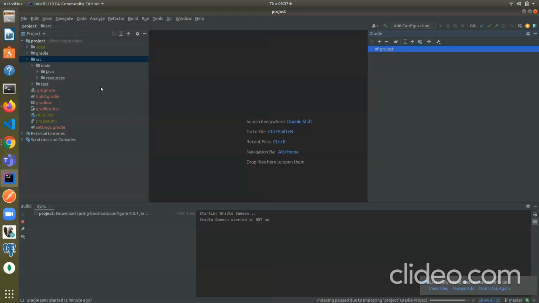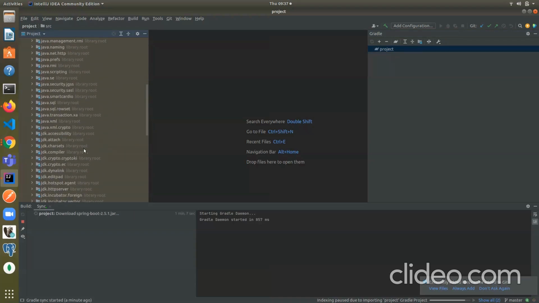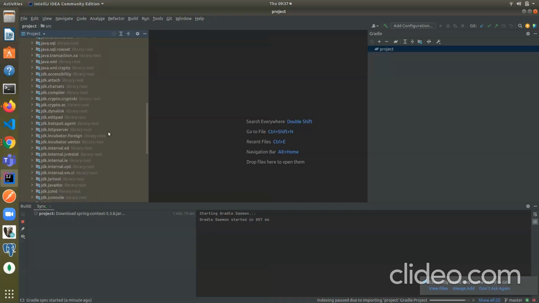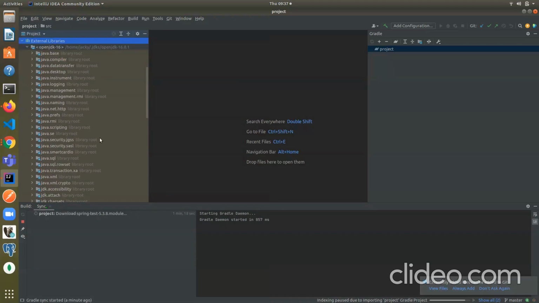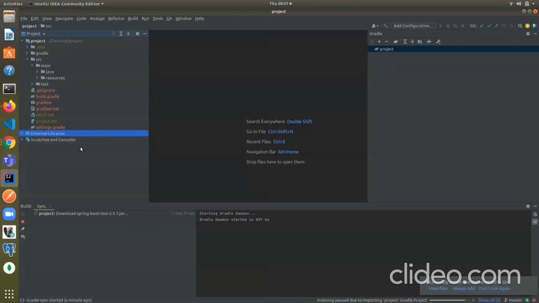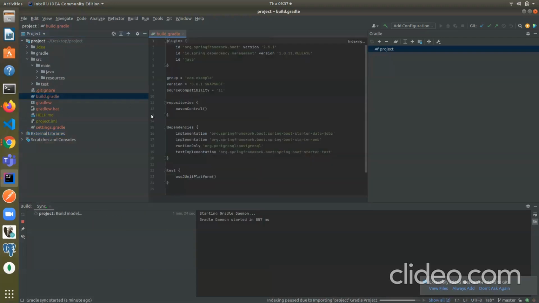While we are waiting, let us explore these external libraries. Basically these are all the external libraries that we're gonna use in our project, all the JDK and everything, and whenever the project is loaded and built, then you can see the Spring application and all the libraries here. This has nothing to do with that. Basically you're going to work with this build.gradle. All the dependencies that we have taken, for example this JDBC we have taken for our repository, and we have chosen Spring Web. That's why this dependency implementation is coming, and we have chosen Postgres as our database, so that's why we are getting this dependency also, in runtime only.